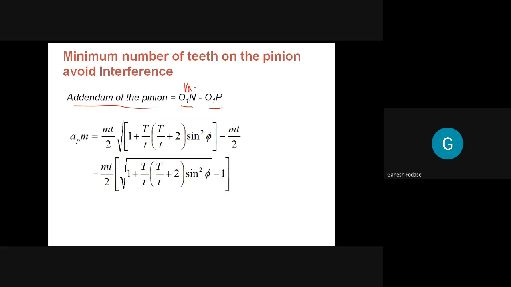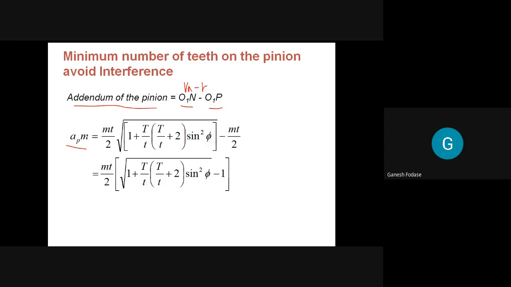So it is RA minus R for the pinion, and for the wheel it will be capital. So I can determine the addendum of the pinion to avoid the interference. It is nothing but O1n minus O1p, but O1p is nothing but mt by 2. So put it here, and it is known to you, this addendum of the pinion is also equal to AP into